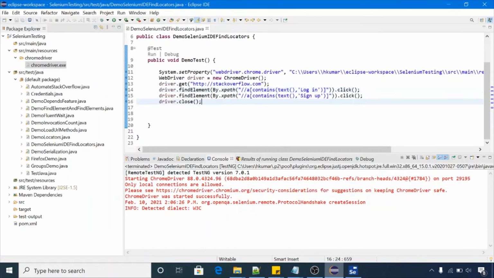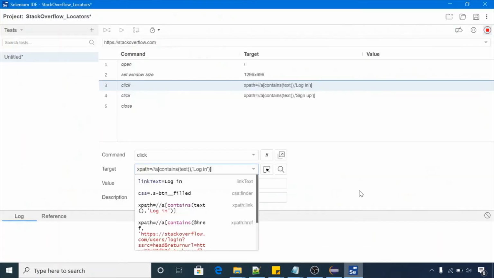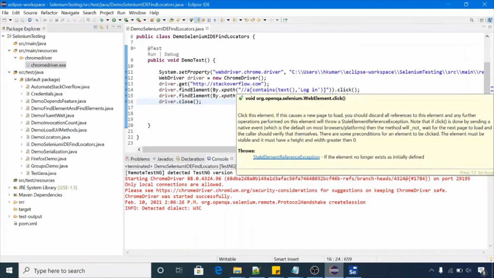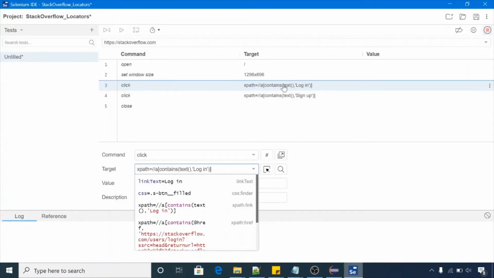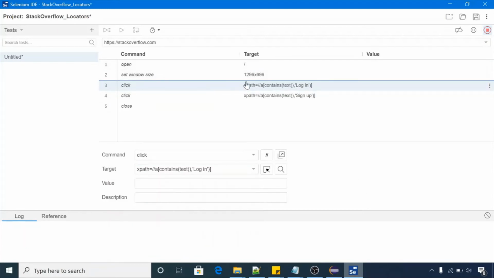Okay, so this is the manual process. Selenium IDE will record your script, and then you can pick the locators from this Selenium IDE and paste it here. Okay, now Selenium IDE has another feature. If you want to just copy the whole script, like when we start the Selenium IDE, we enter the base URI as stackoverflow.com. And after that we click on login button, right?